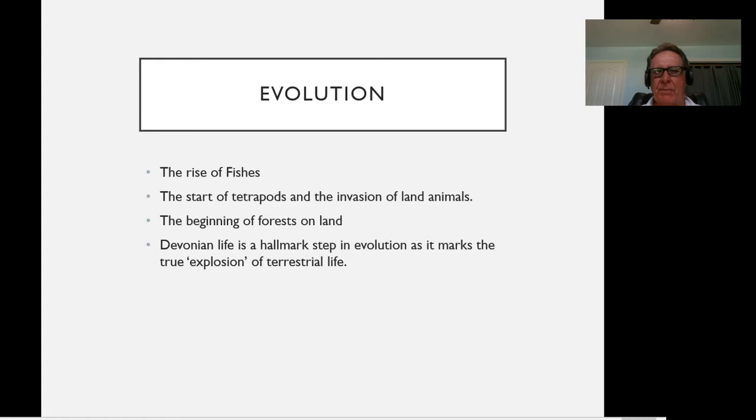I talked earlier in the course about singularities, about the first living organism, the first prokaryote, the first eukaryote, the first metazoan, the rise of oxygen on Earth. You could make the argument that the Devonian is another one of the singularities in Earth history, where we had this rich marine ecosystem up until this point, and then suddenly the terrestrial ecosystem just exploded. And because we are terrestrial animals, we should consider that this was actually an important evolutionary step.